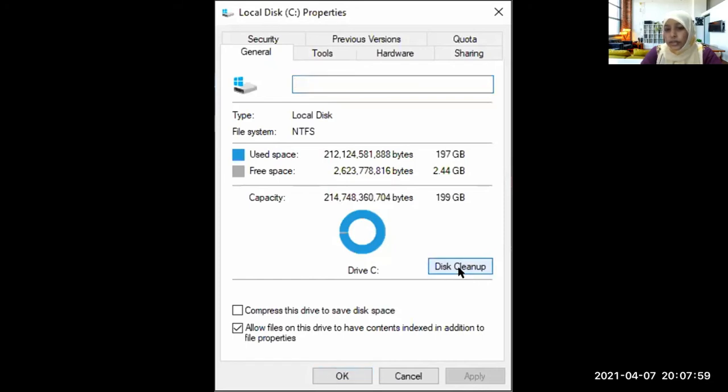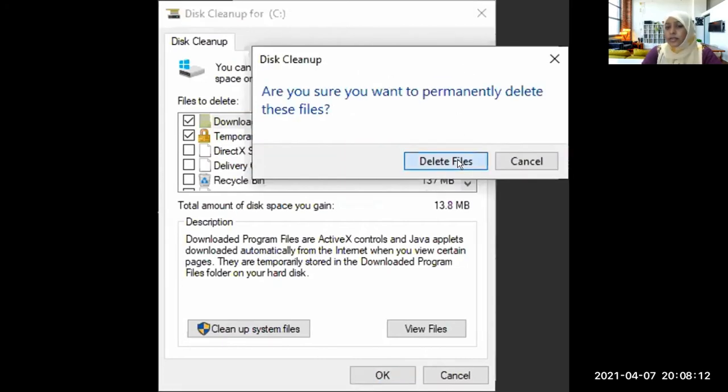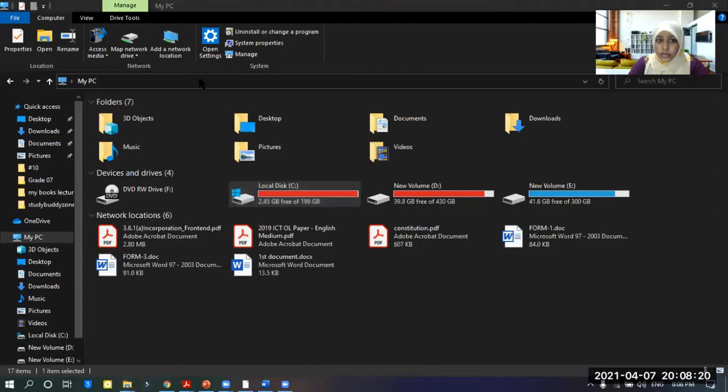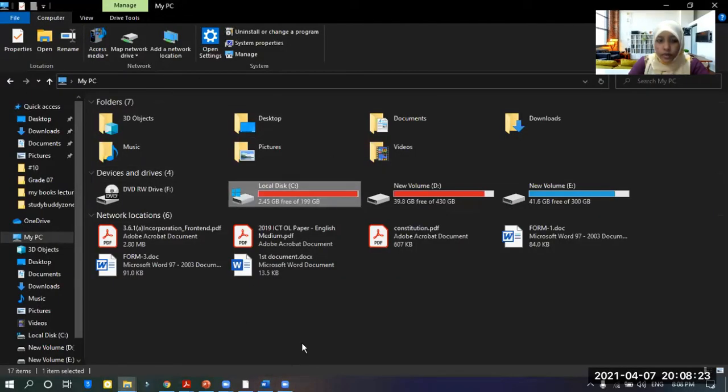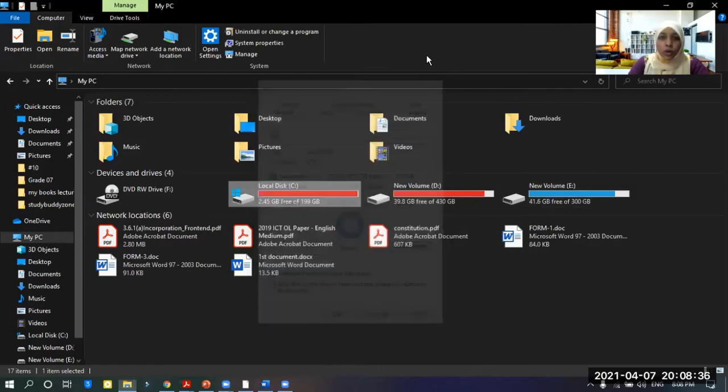You can click on that and then something like this will appear. Go to OK, delete files, and it will delete the files for you. So it will clean your computer. That is the disk cleanup. So disk cleanup is here, right? Okay.